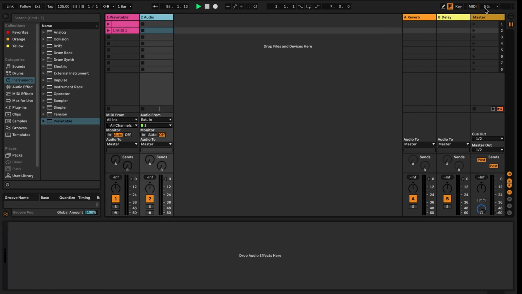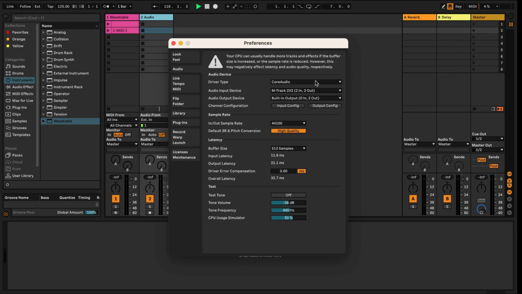This is where Ableton will display the CPU usage. This is also called the CPU usage meter. You can enable the CPU usage meter from the drop down menu over here by clicking here on enable CPU meter. You can also configure your audio input settings and output settings